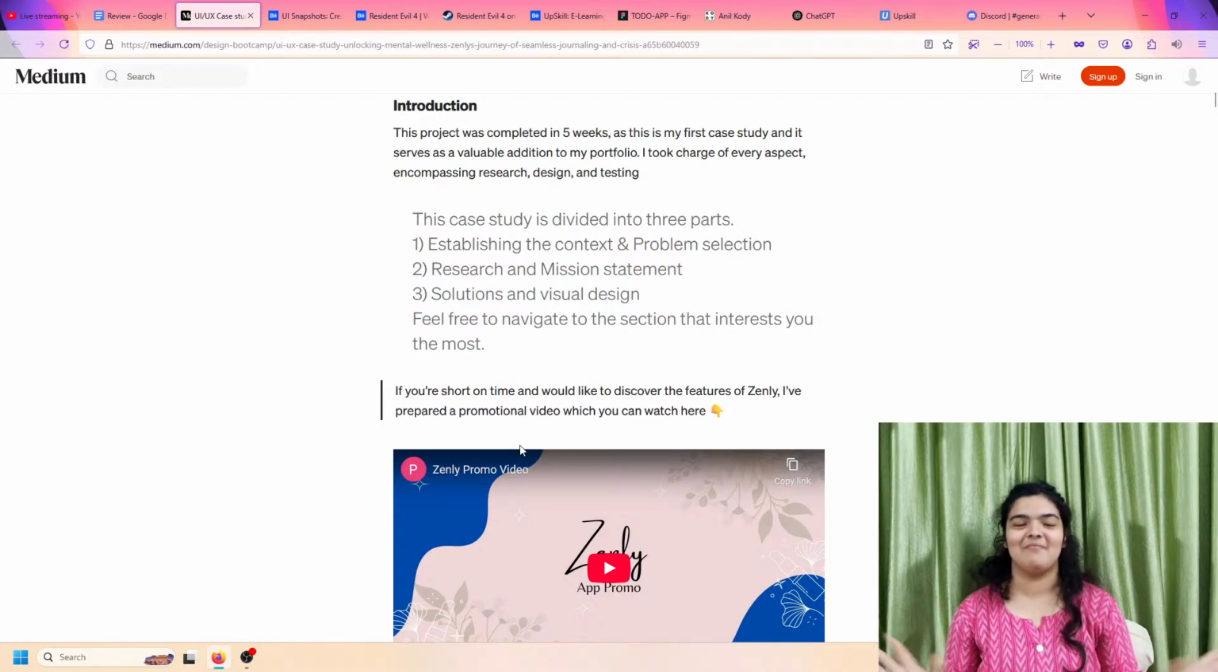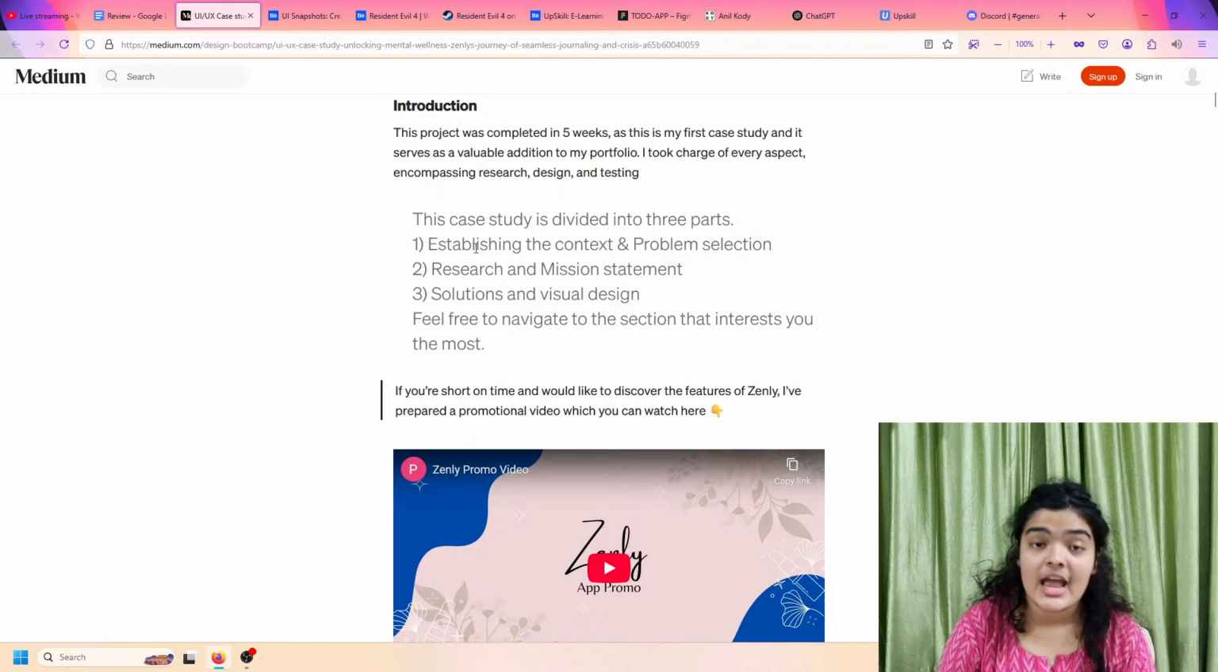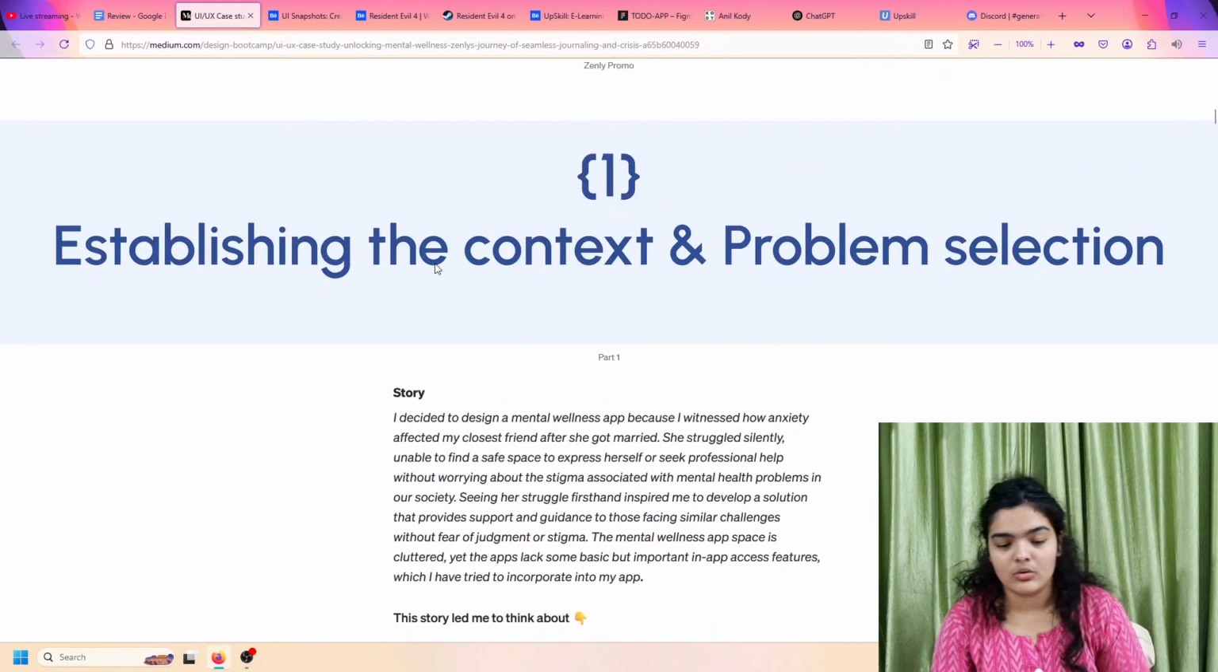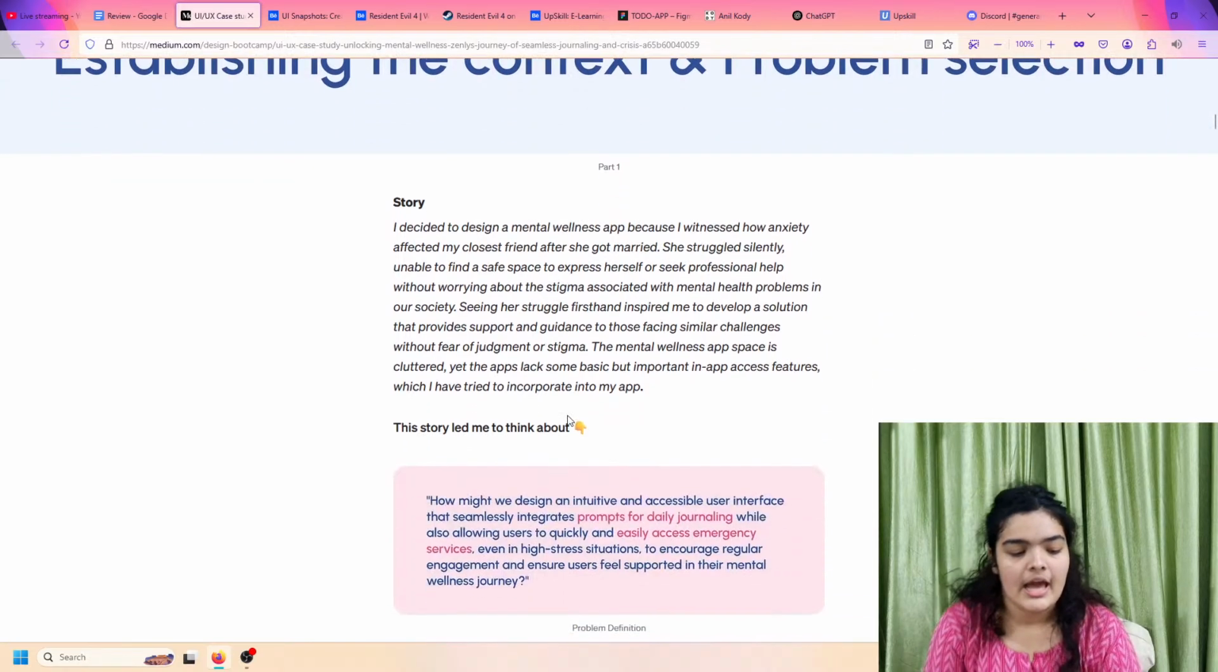Model case study time. I am so excited for this case study. You take the first element, establishing the context and problem selection, and I feel like you could get the font size a little bit smaller, but even if you don't, maybe I'm just too nitpicky. The story